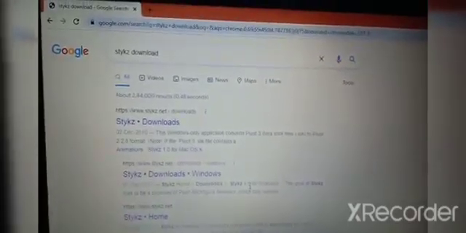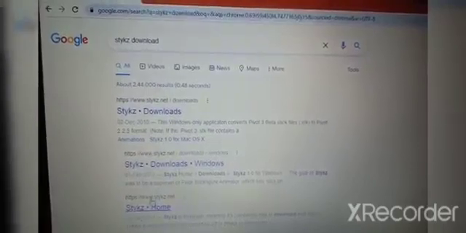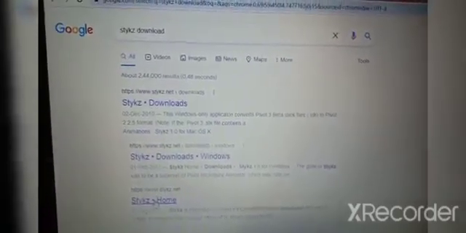Children, today we will see the Sticks program. Sticks introduction. First we have to download Sticks. Type here S-T-Y-K-Z, Sticks. You can see here Sticks download. Now you can click on this to download.